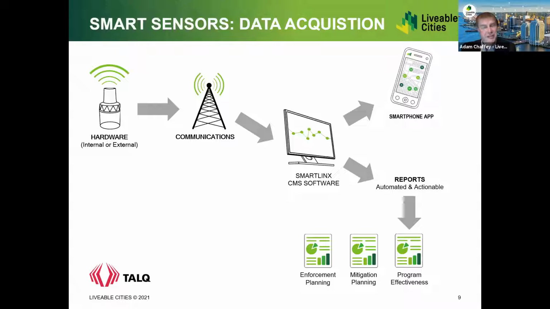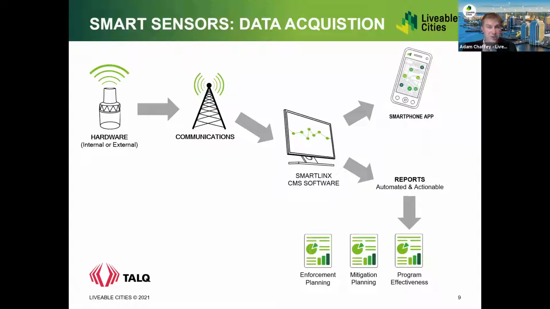Typically, that data these days is flowing back over a cellular connection, so a public mobile network, for example. There are other networks available as well, but that's certainly the most common that we're hearing from in the market for these types of devices. And that gives us a lot of freedom for the location of these measurement type devices. We can really locate them on any street lighting asset where we have a mobile phone signal, which these days is practically anywhere in the environment. So as long as we have those two pieces, we can put these sensors out to measure and monitor traffic.